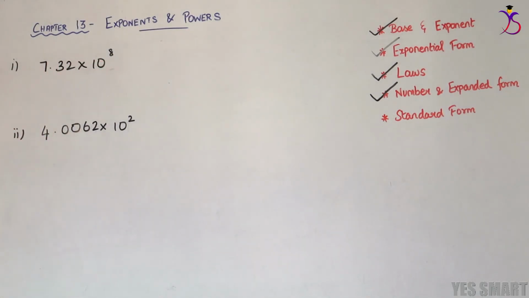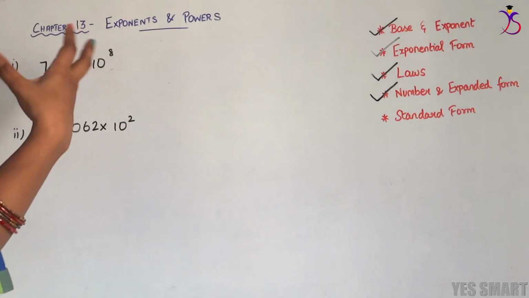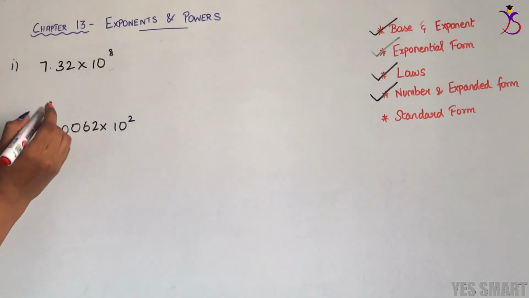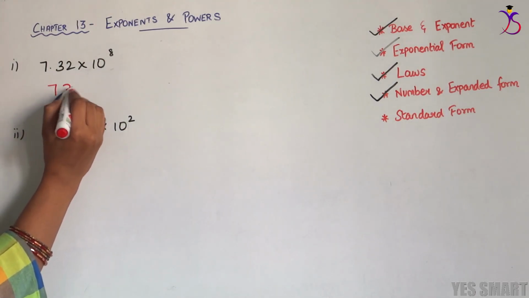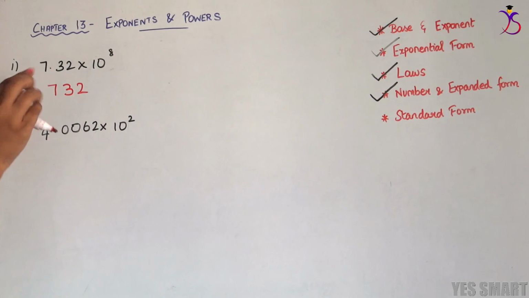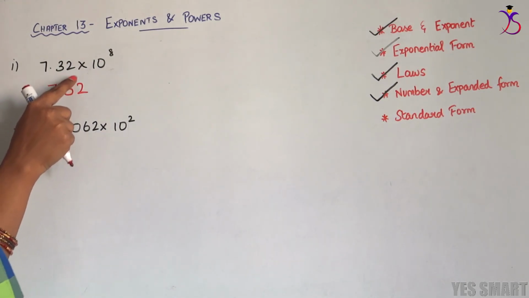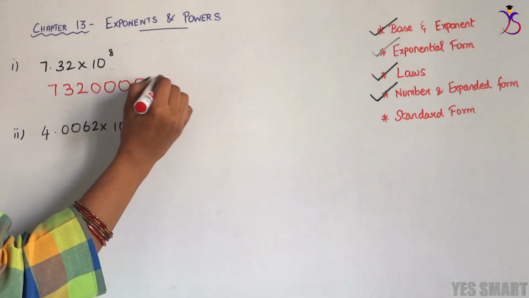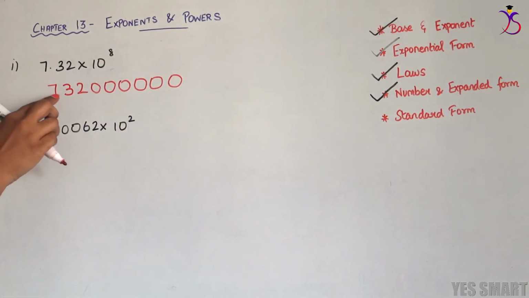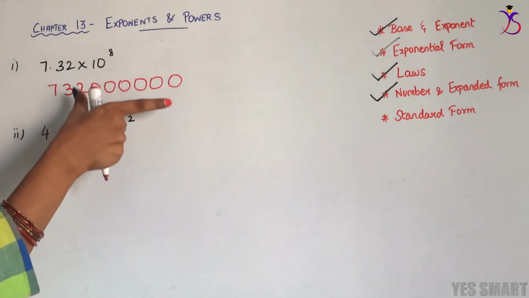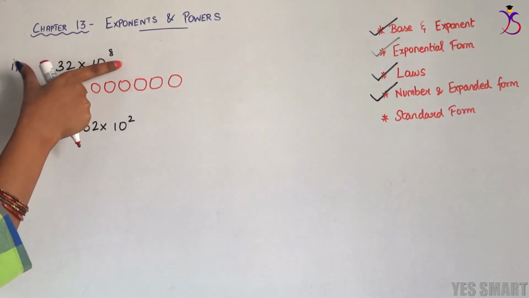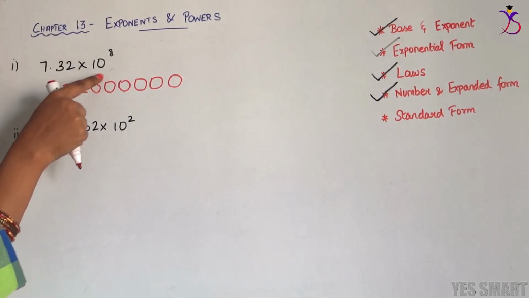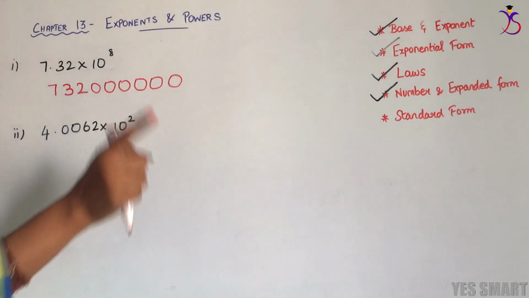A scientific notation or standard form will be given. We are asked to write a normal number or a usual general number. The question is 7.32 times 10 to the power 8. So the decimal point has to travel 8 digits. 732. It has already traveled 2 digits and we have 6 digits to go. Since there are no digits left after 2, we will add 6 zeros. Now if you expand, the decimal point has to travel to the right hand side. 1, 2, 3, 4, 5, 6, 7 and 8. Therefore, this is the answer.